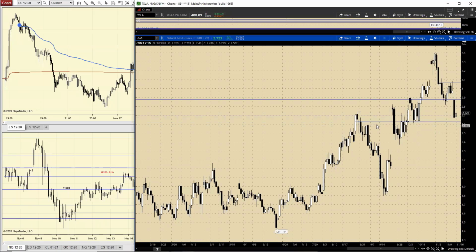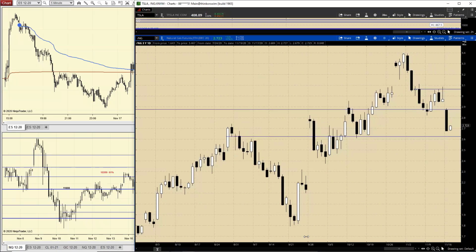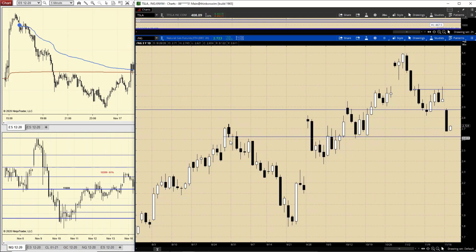We're kind of holding here. I like that 262 because that is significant. That's a hanging man, and look what happened. We went all the way down. So a close below that is going to be significant, and that's 262.2. Right now the low today has been 266, but it's going to be defended back to 262.